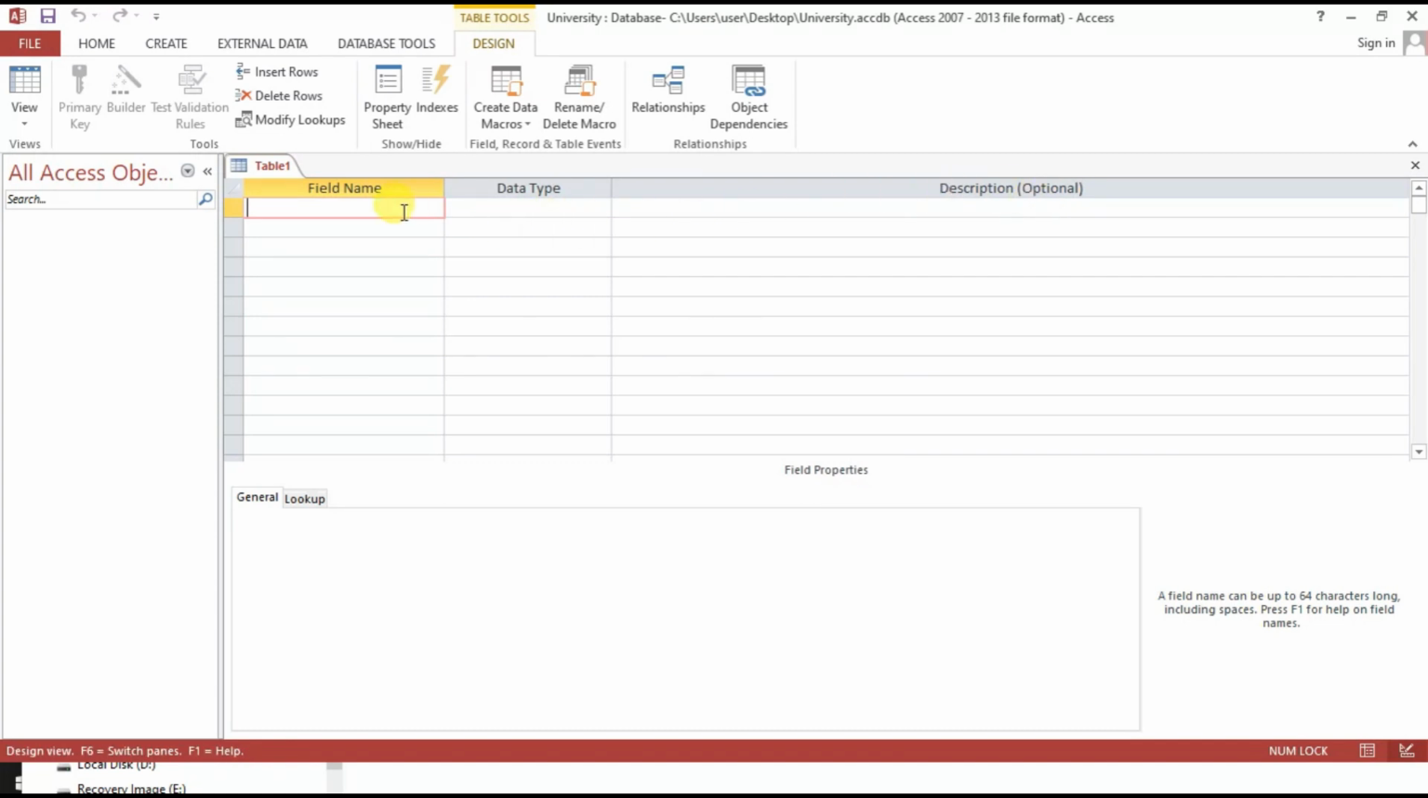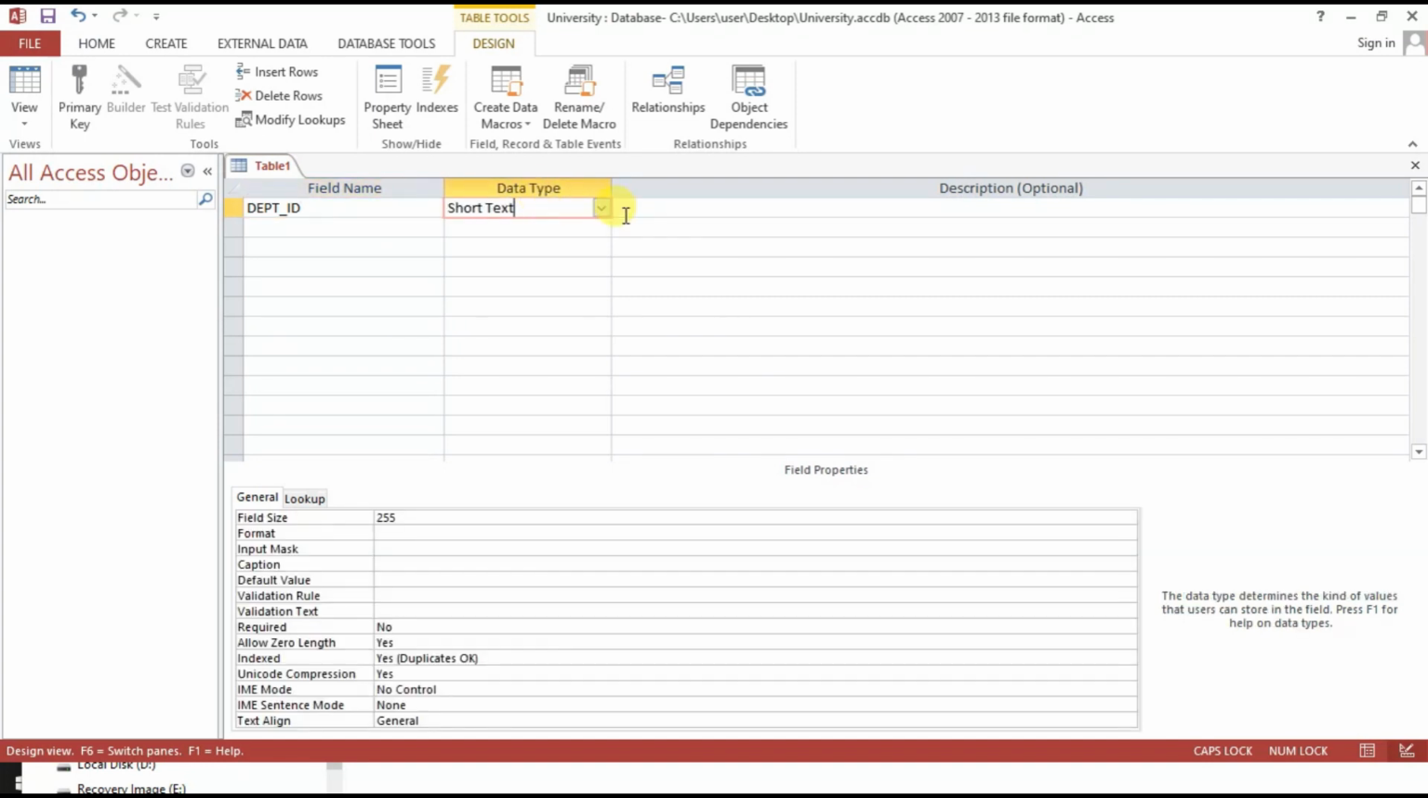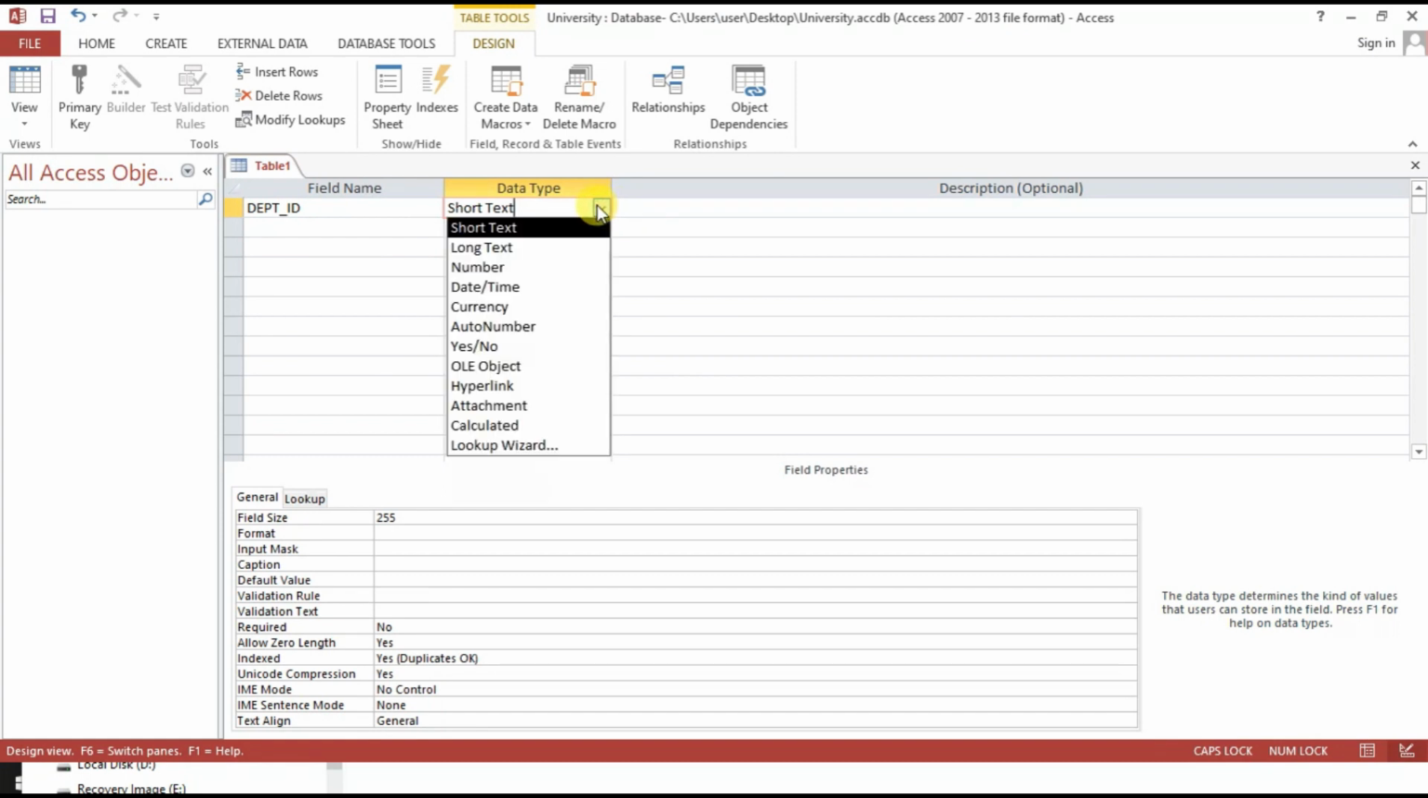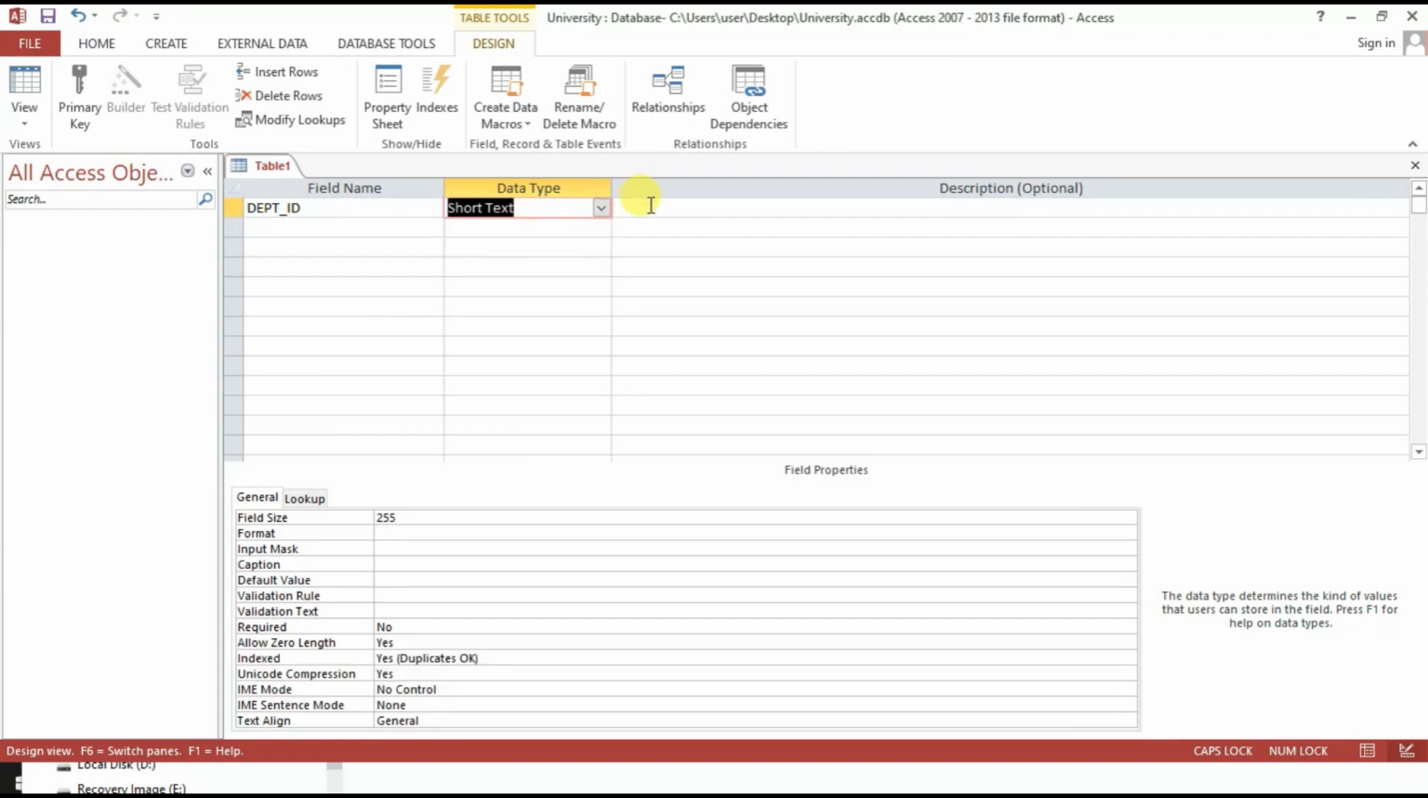Now the first field name that we are going to type is our department ID. And of course, you need to make your field name meaningful to the data that you are storing. We move across to data type, and here you're seeing we have a list of data types that we can choose from. However, based on the data that we're storing, we're going to use short text. And we're going to leave